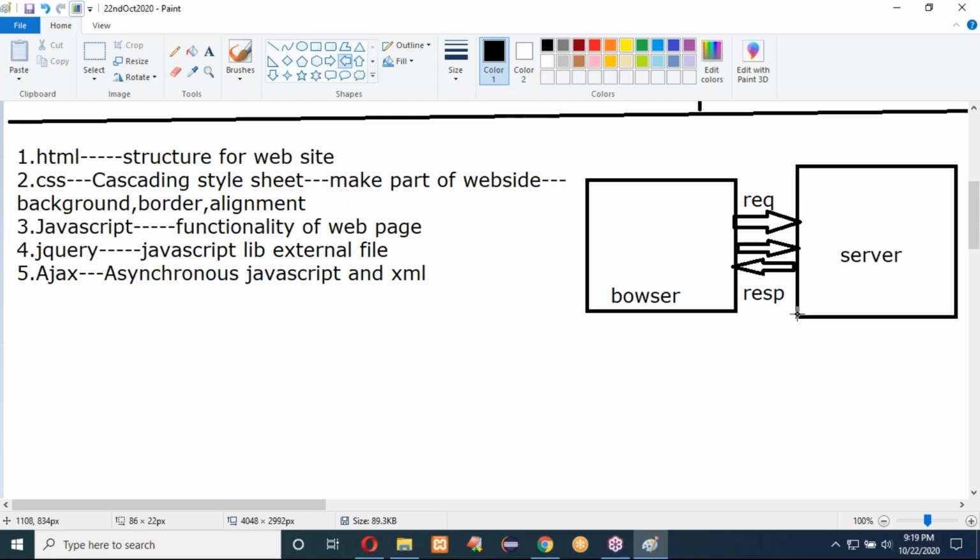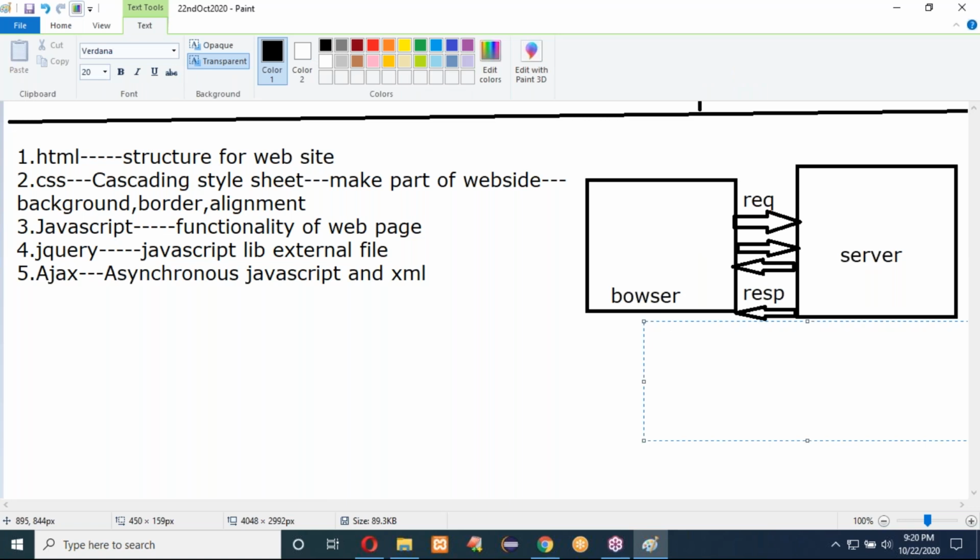Server has to give the response to client. This type of two-way interaction we can create. This request and response we can do by client server architecture. So we no need to wait for the server response. We can send any number of requests to server. So whenever the server is free, it will automatically give the response